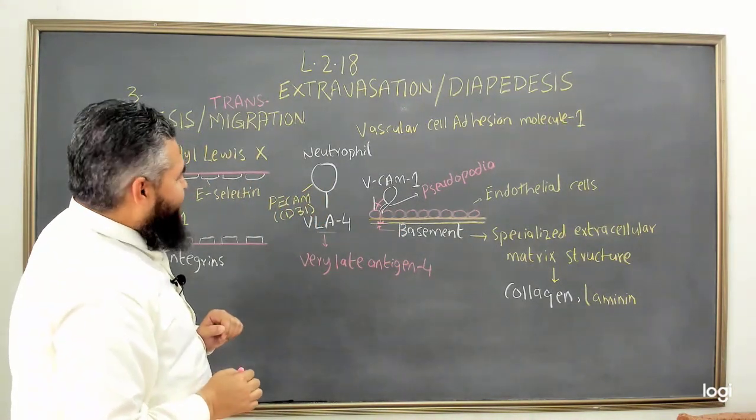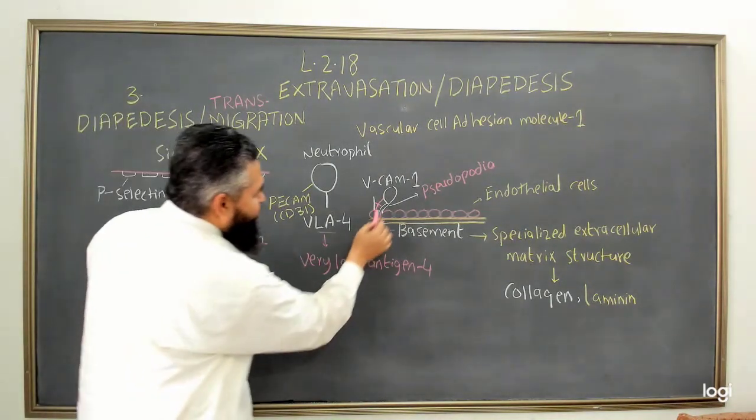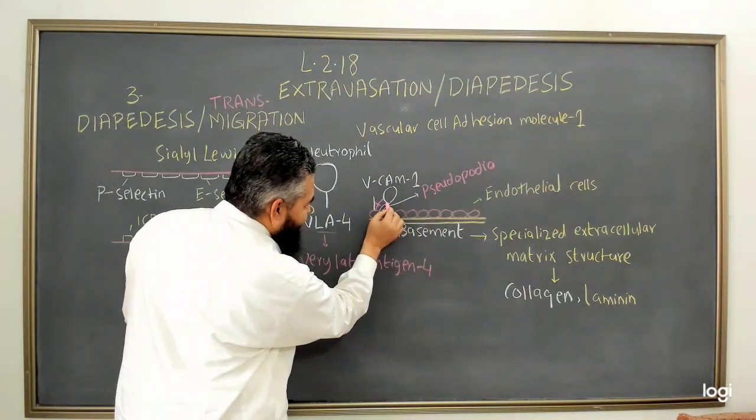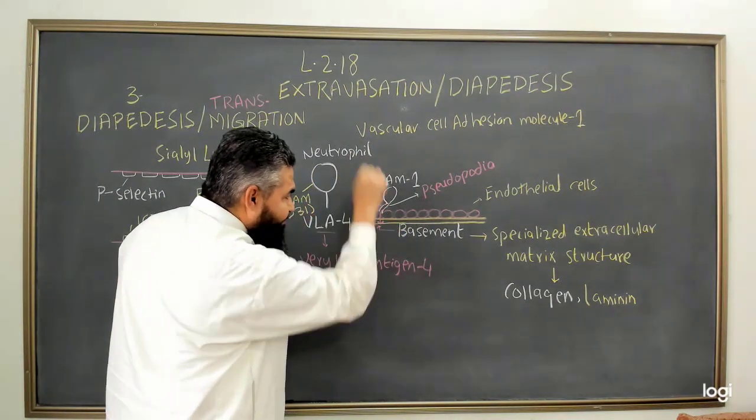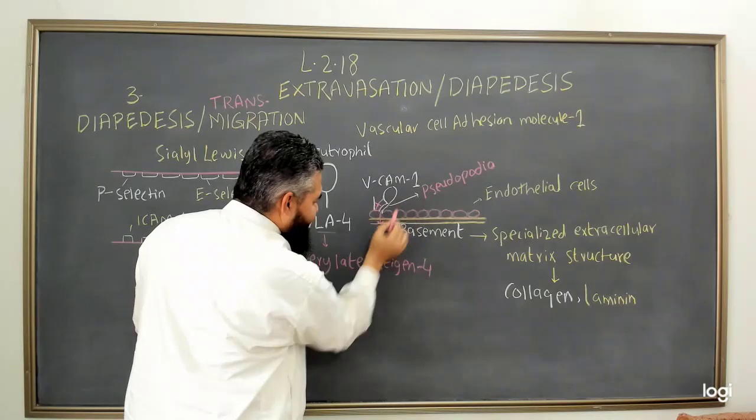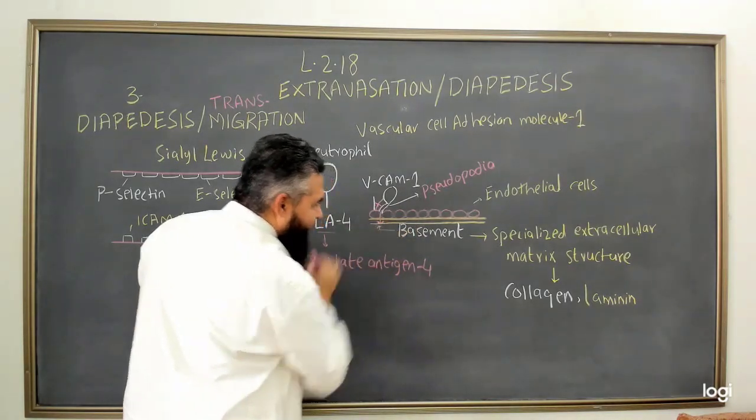If you can see over here, these neutrophils are producing pseudopodia, and the pseudopodia are actually helping in the movement of these neutrophils from the blood vessel into this subendothelial